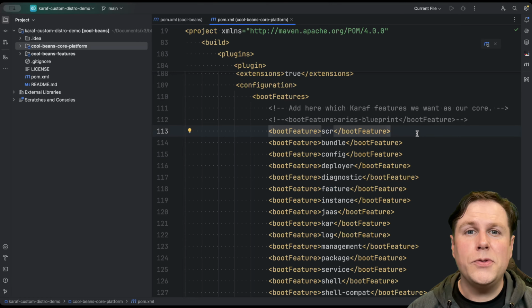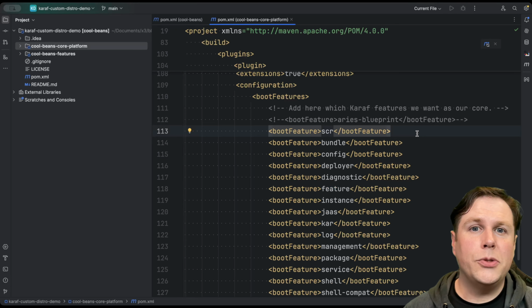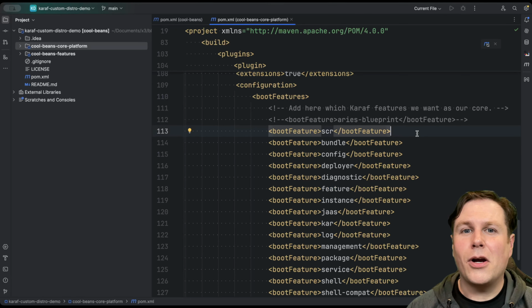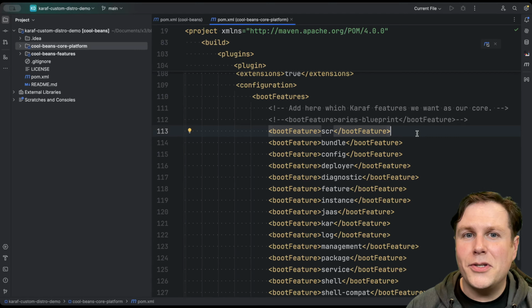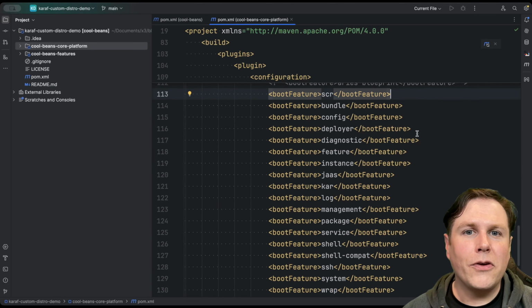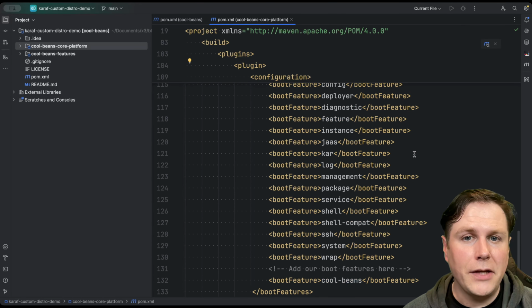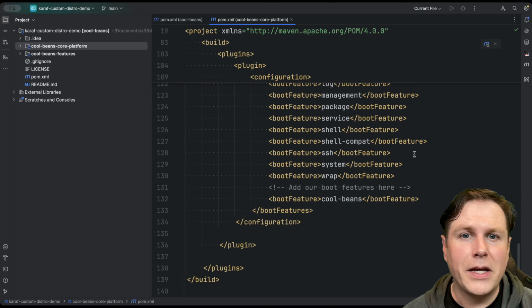But by default, when you start this Karaf, you're going to have SCR available, and it's a way of being opinionated to any of your development teams to say, hey, these are the mechanisms, patterns, and processes I want you to use. And doing that, you're able to make your Karaf as large or as small as you need for your particular